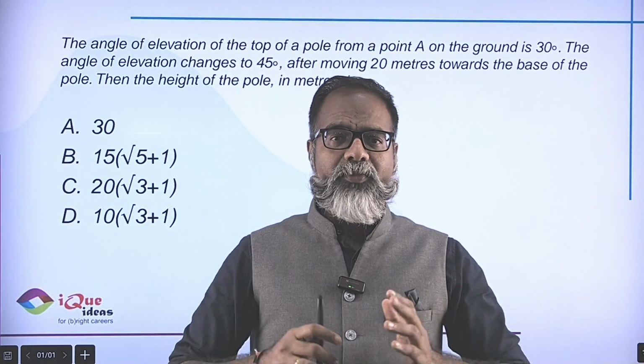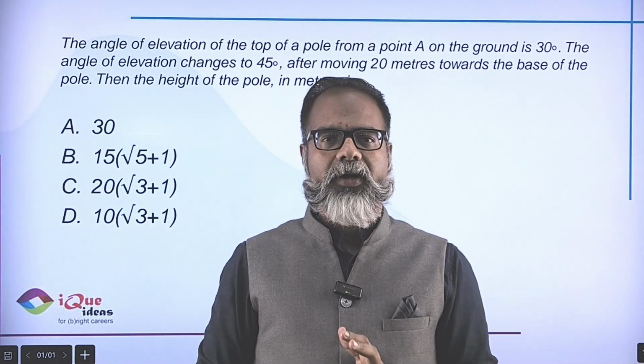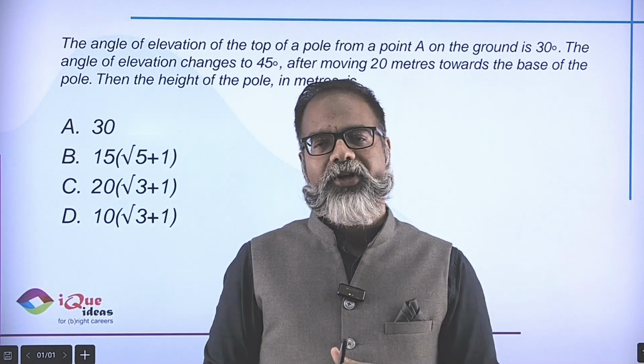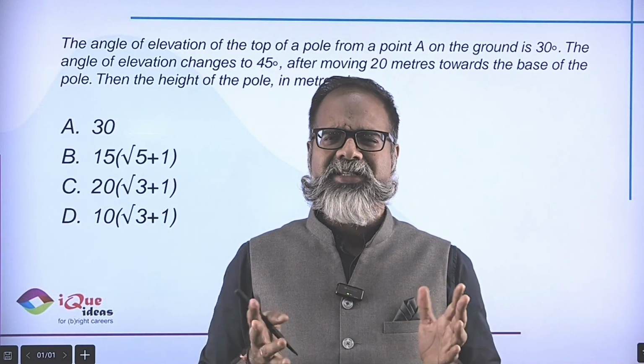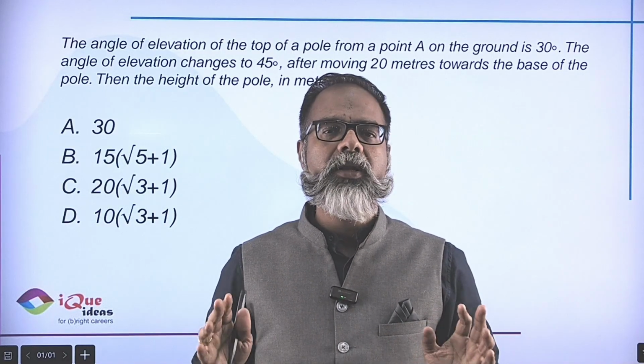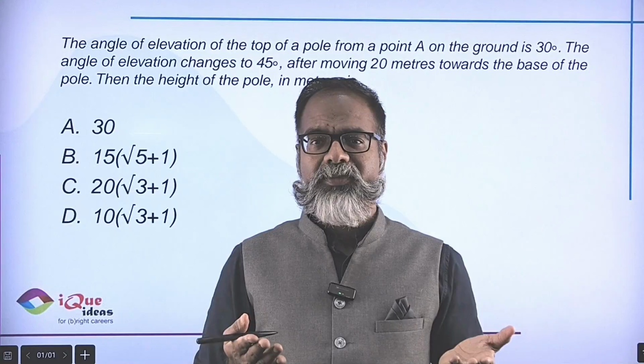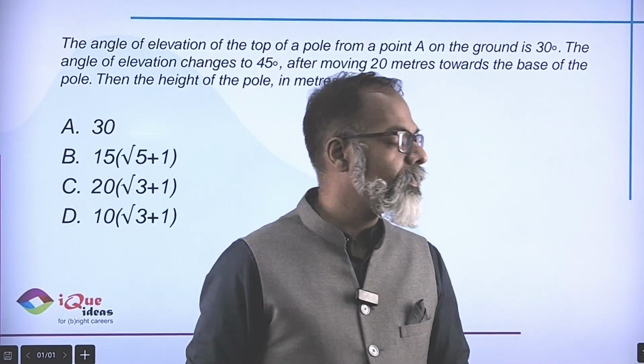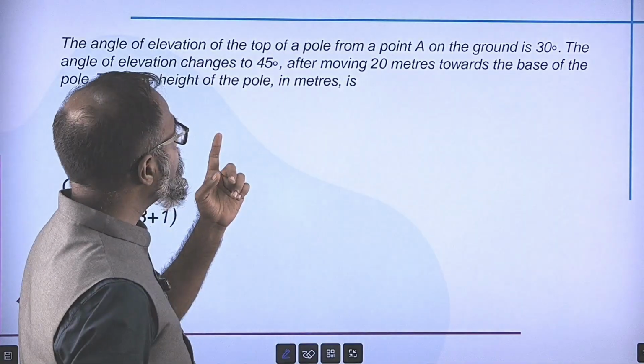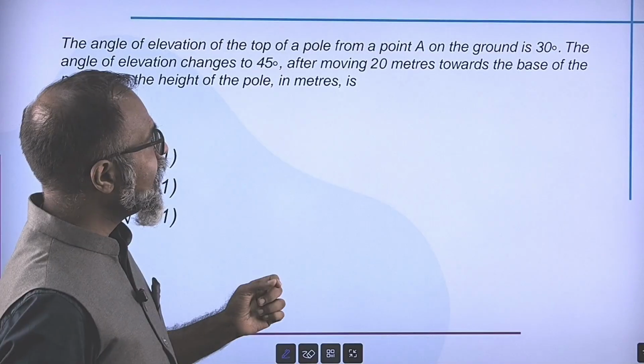An MCQ from the IPMAT 2024 paper, heights and distances problem, trigonometry, and a very simple one, absolutely doable because I think school textbooks basically would cover this sort of a problem. It says the angle of elevation of the top of a pole from a point A on the ground is